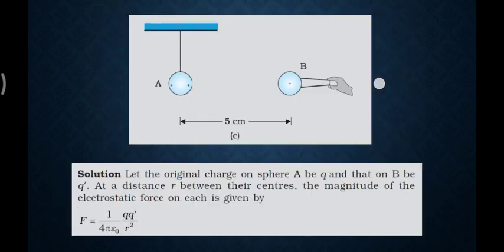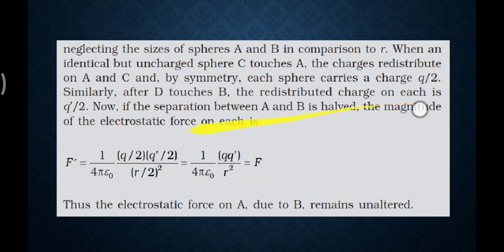Now, after detaching and removing the C and D spheres, we are not keeping them separated at 10 centimeters, we are keeping them at 5 centimeters. Now we are trying to see what happened to the force. Now again, the new force between A and B is F prime, which is